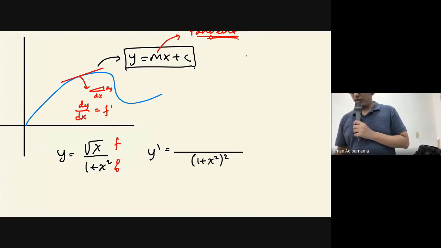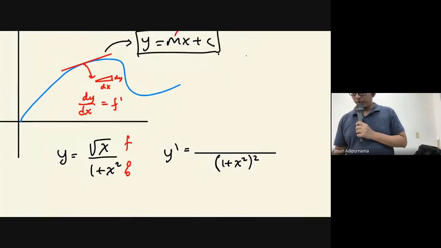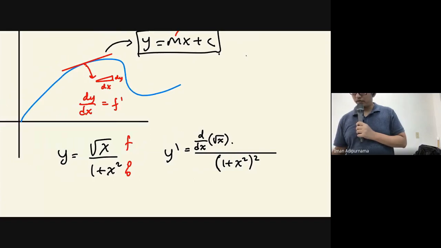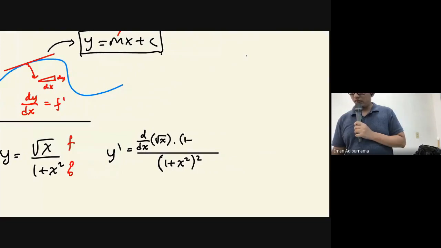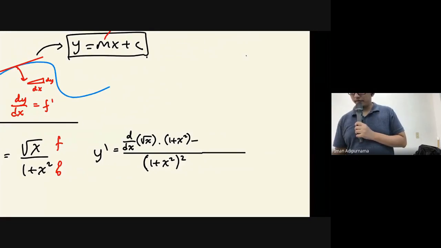So squaring the bottom part, and then let me write this as d/dx of square root of x, and multiply with the (1 plus x) squared, and minus